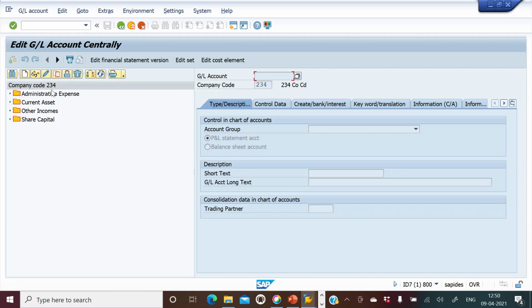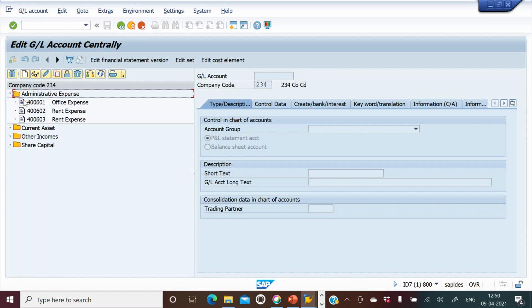So suppose you see that there are several GL accounts that are already created under several accounting groups. For example, if I click on administrative expenses and select office expense, and I want to see this GL account, I have to click on this display icon.